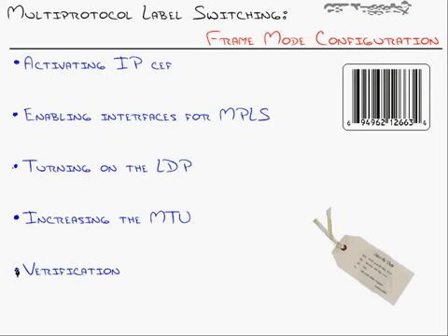And then I threw in some of the verification commands that you can use, like show MPLS followed by LDP to start looking at the replication information. You can look at the interfaces to see which ones are turned on. Just type in show MPLS question mark and you'll see a whole slew of commands you can use to